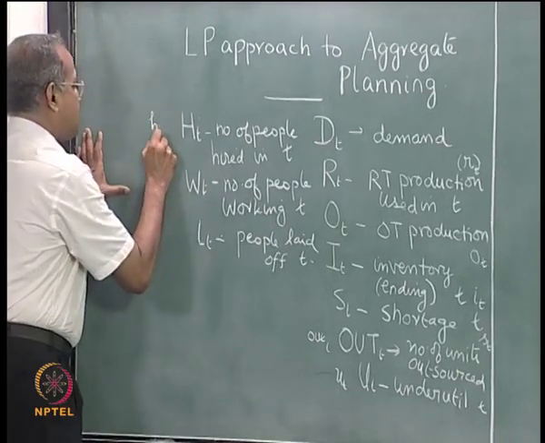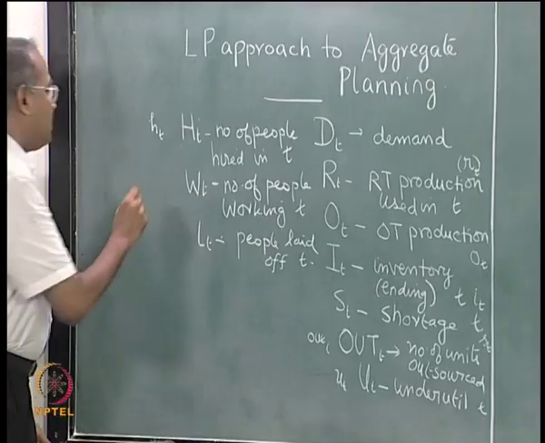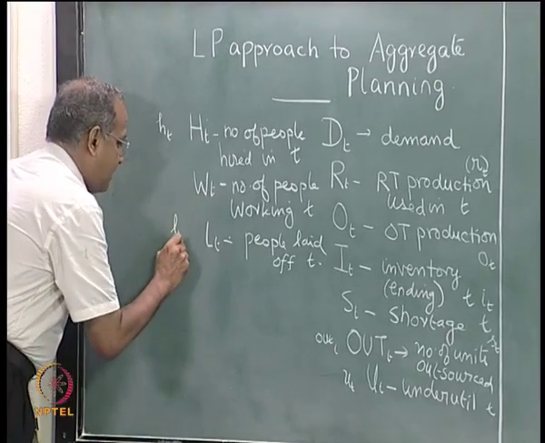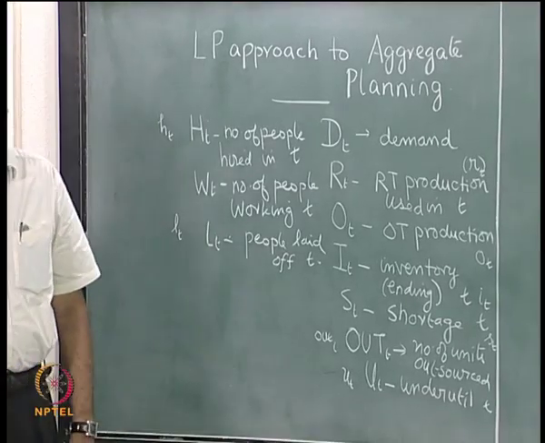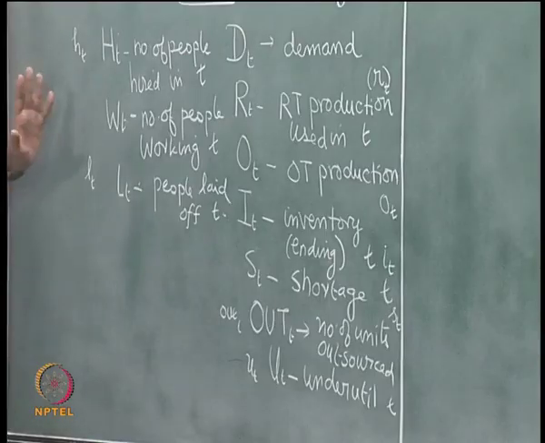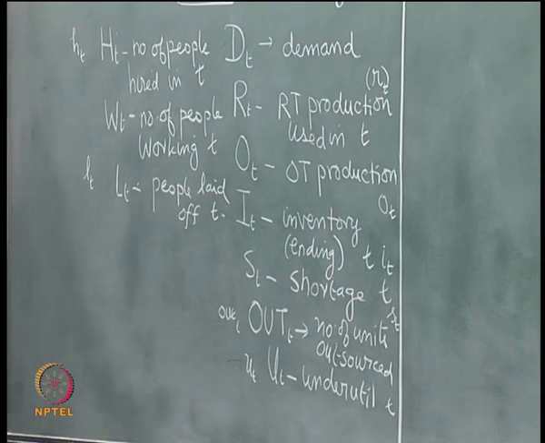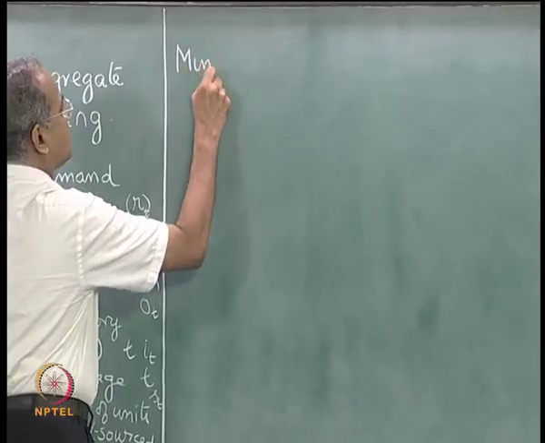Let small ht be the cost of hiring people in period T. Let small lt be the cost of laying off people in period T. Now, if we define these costs, right now I am not defining small w, but I am defining the rest of the costs. The objective function or the minimization function will be to minimize